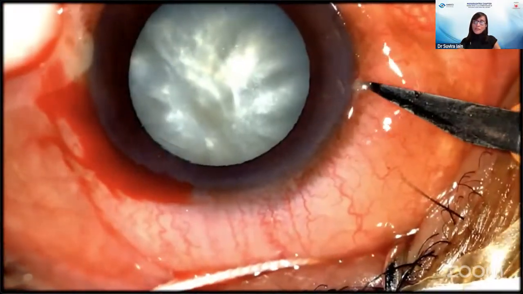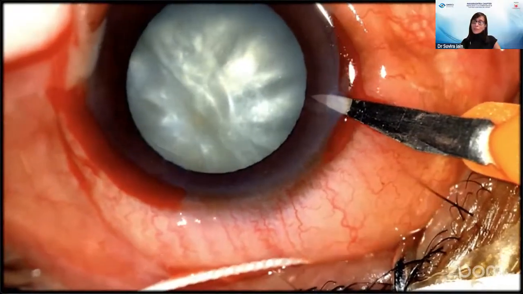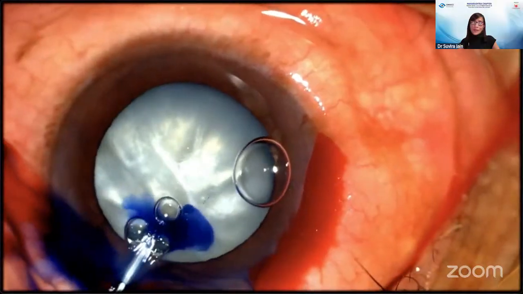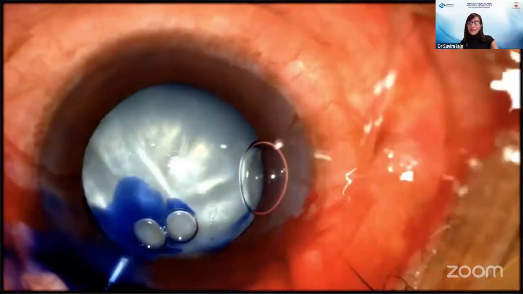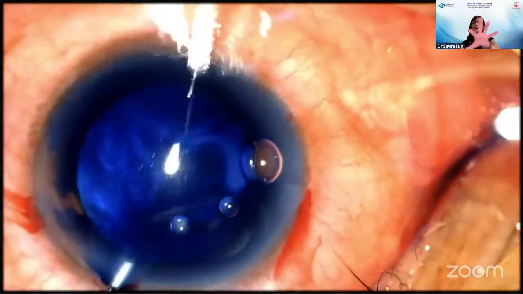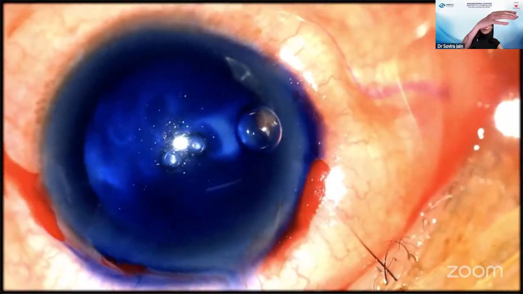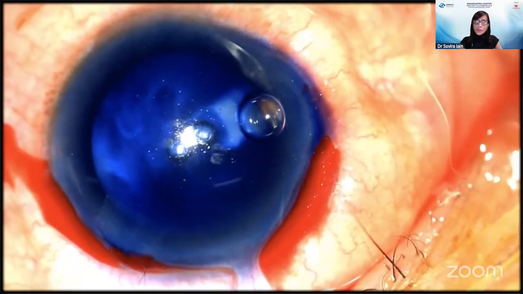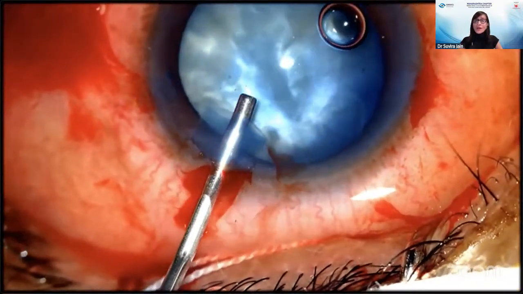But the minute I put in blue dye and then washed out the blue dye and put in viscoelastic, I noticed that this lens was very mobile. And as you can see, it was actually subluxated slightly anteriorly between the 6 and the 12 o'clock position. Knowing that there's no way I'm going to be able to complete this case with phaco, I called my VR